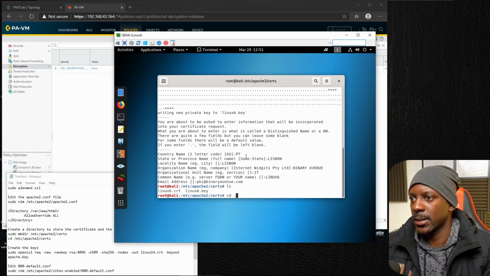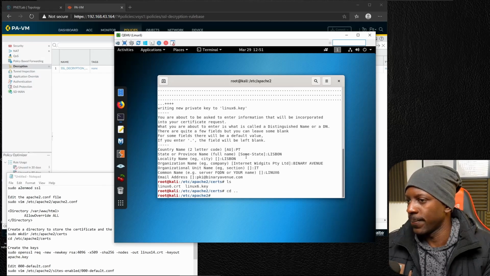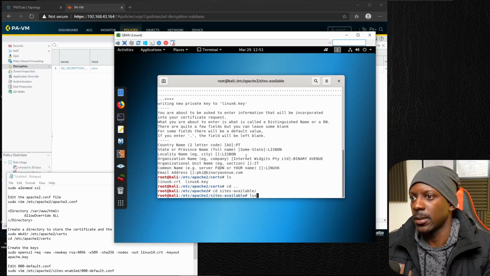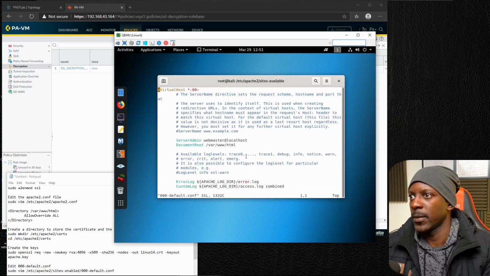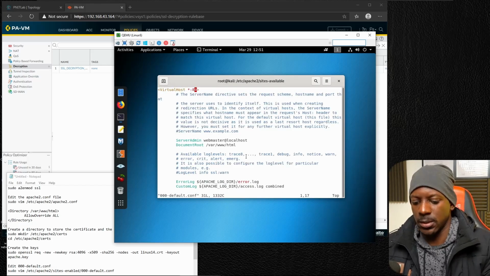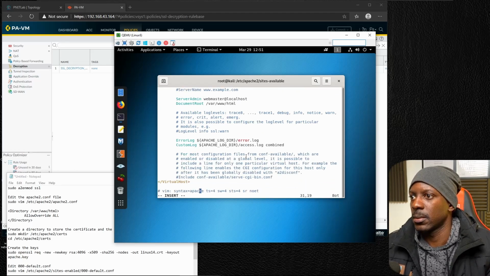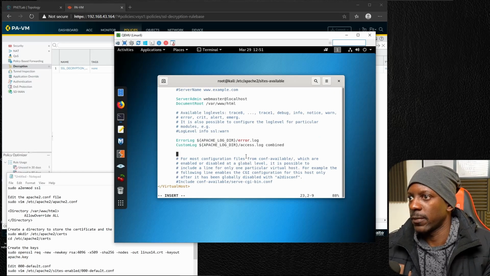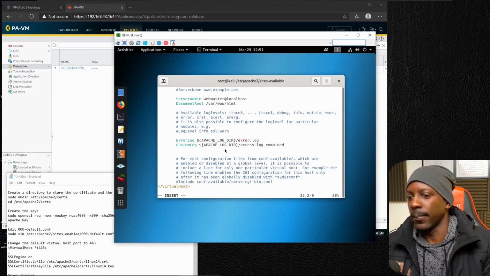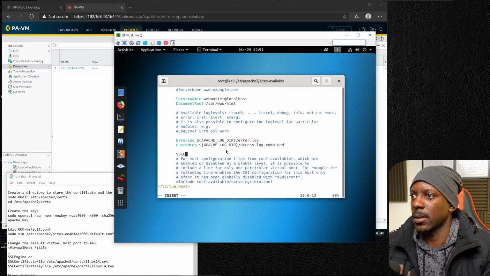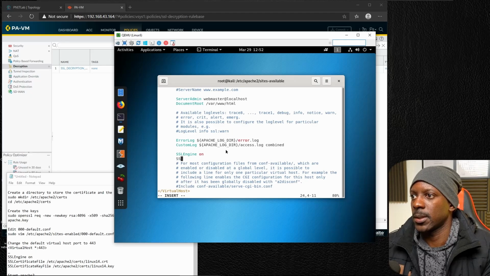Okay, lastly, so we should edit the files at this directory. So vim, and here I'm just going to change this to 443, and I'm going to include, so what do I have to include here? Okay, and that's going to be SSLEngine on